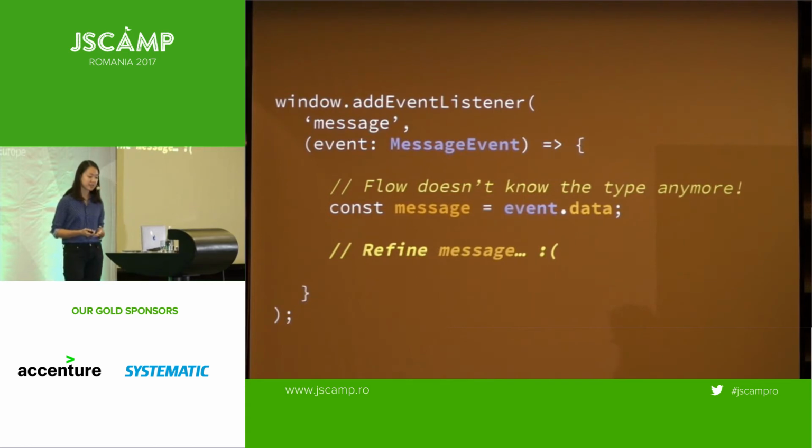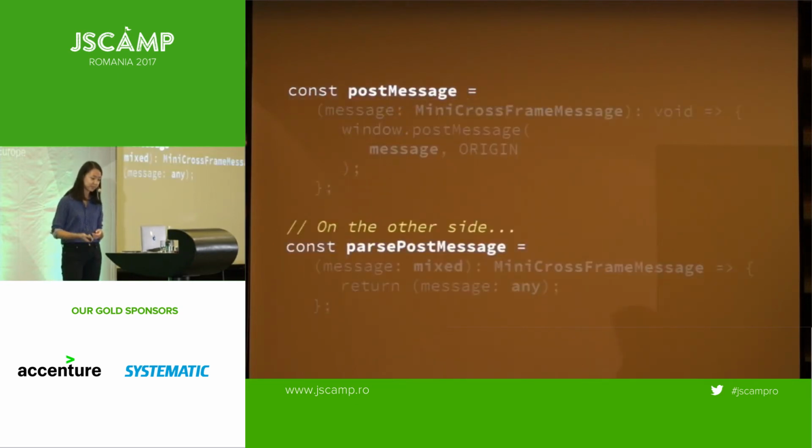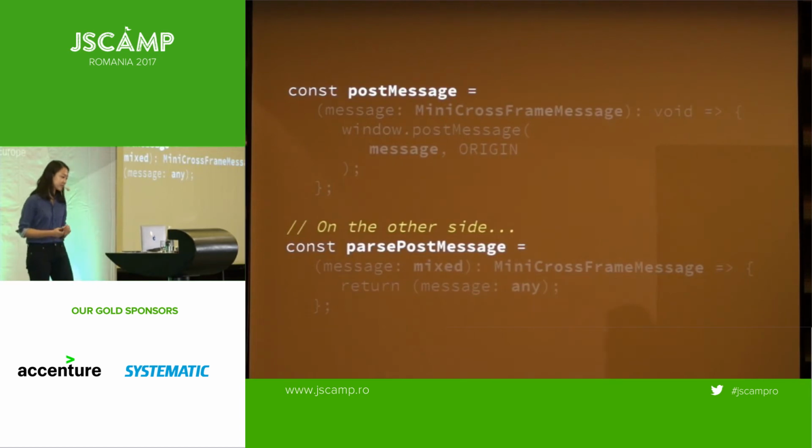And additionally, this is a trusted same origin interface that we control both sides of. We send the post message, we receive the post message, so it seems really silly to add runtime extraction and build overhead just to get our nice type back again. So this is not a great situation,